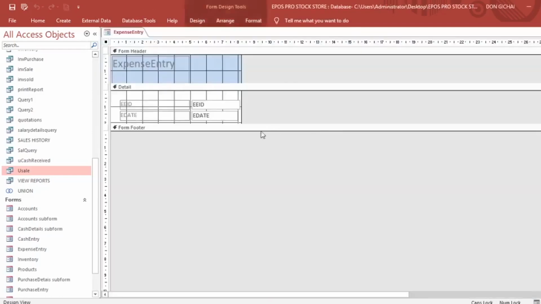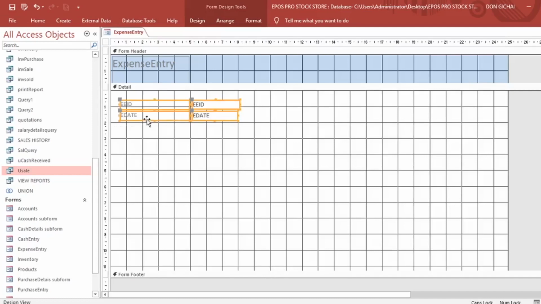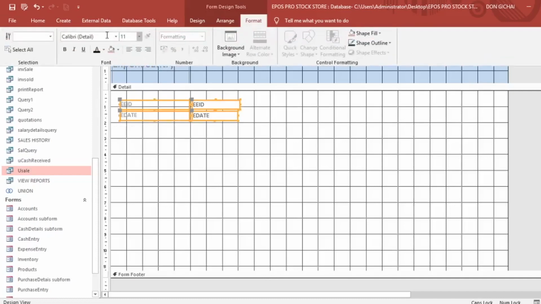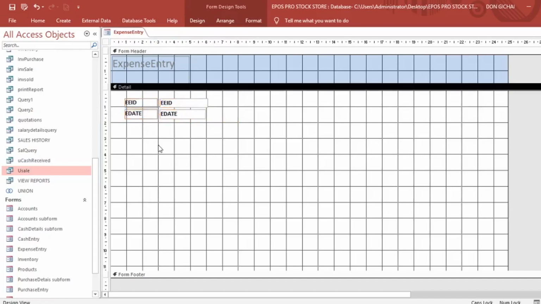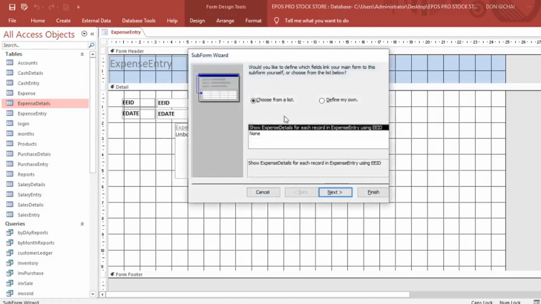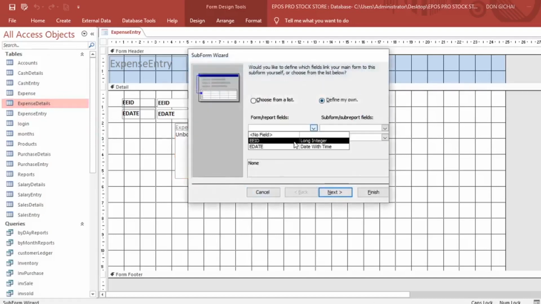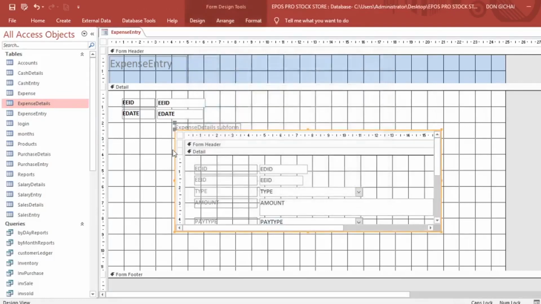Then from there we do our thing. That is, we format this, then go to this part here. We bring the expense details, then we connect the two, finish, then remove this,